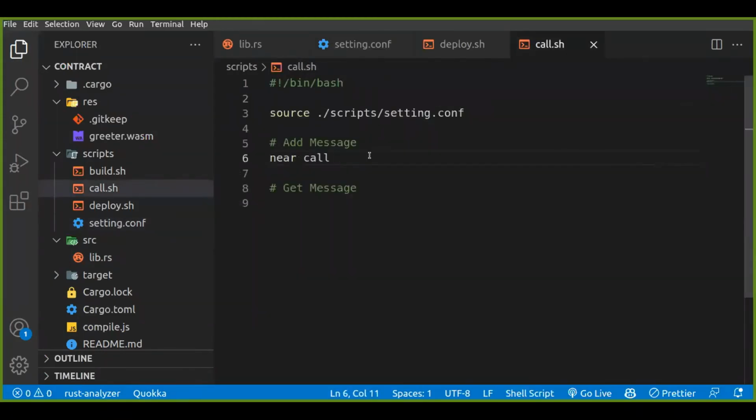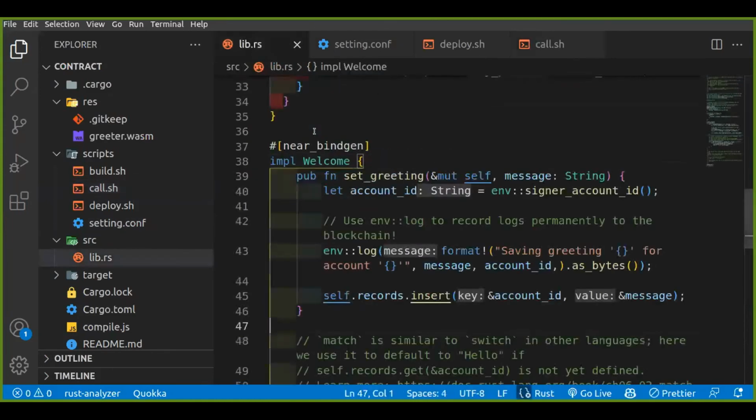wallet address where our smart contract was deployed to, and that is the sub account. Okay, so this is where we deployed our smart contract. So this is where our smart contract lives in the Near protocol blockchain as it is right now. So I just specified that. Then the next thing I need to specify is the name of the function I want to invoke in our smart